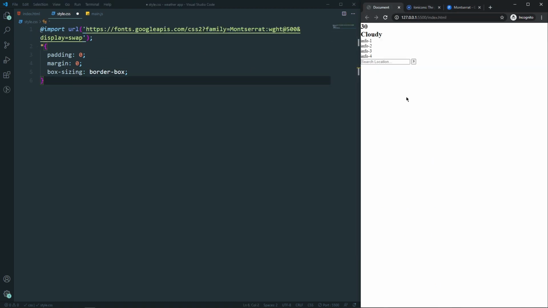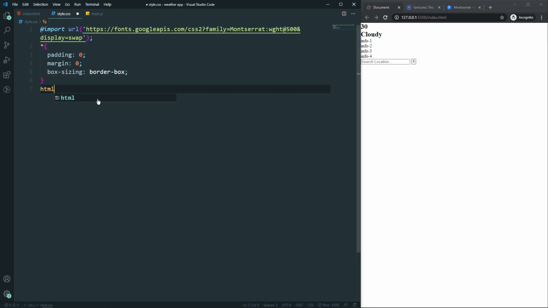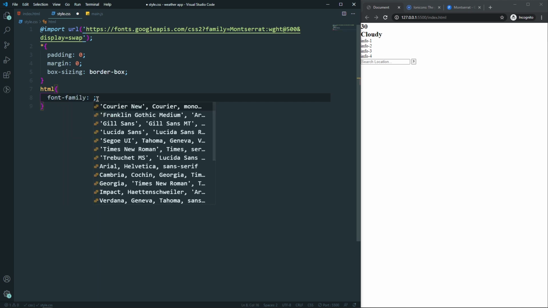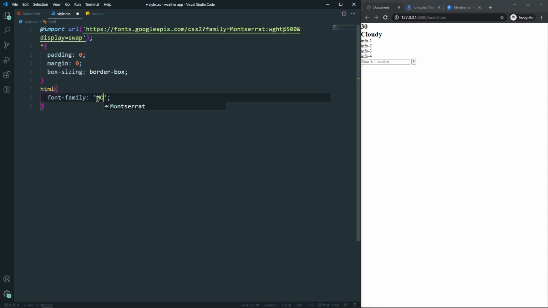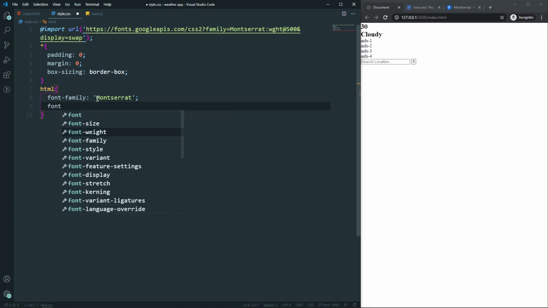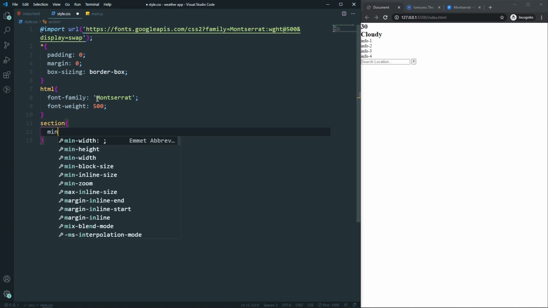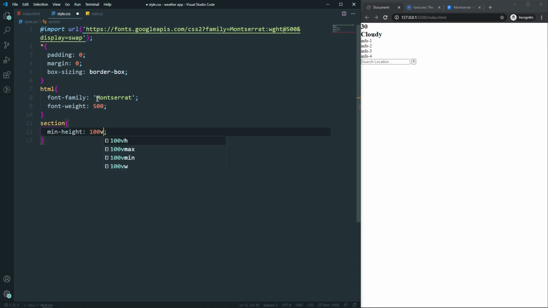So now I actually need to apply this font in our HTML. So HTML, and let's say that the font family will be Montserrat, and also let's say that the font weight will be 500. Perfect. And after that, let's go to the section, and let's say that the min height will be 100vh,